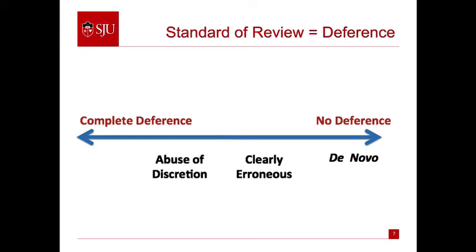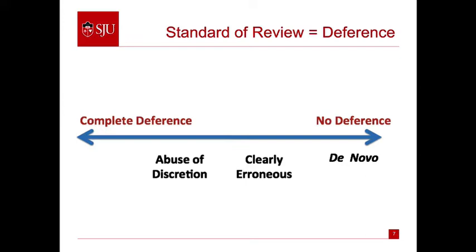And we can think about standard of review as the extent to which appellate judges will give deference to the findings of the trial court. And you can sort of plot it out on a spectrum, as I've done here. There are some types of decisions where there's almost complete deference given, where the appellate court will not second guess the trial judge. Typically, factual findings are not going to be subject to review in the appellate court.